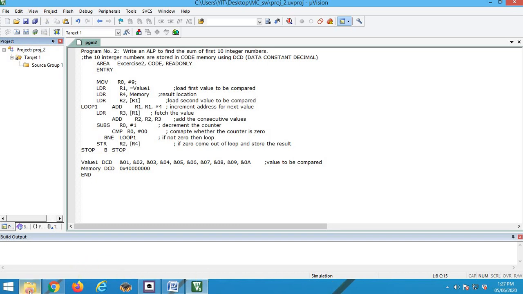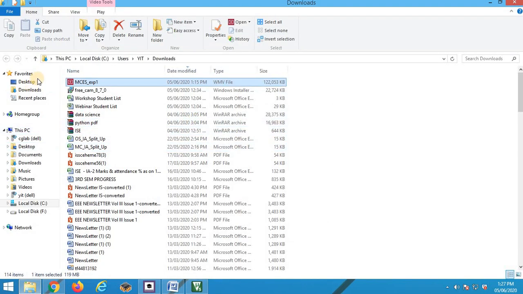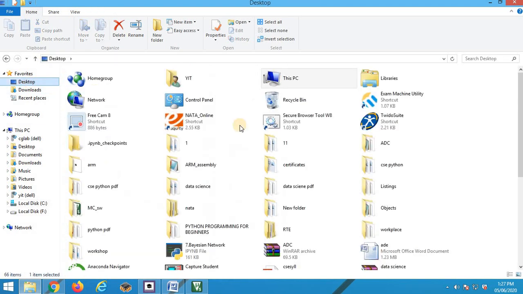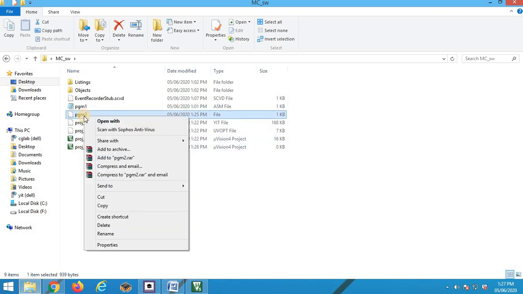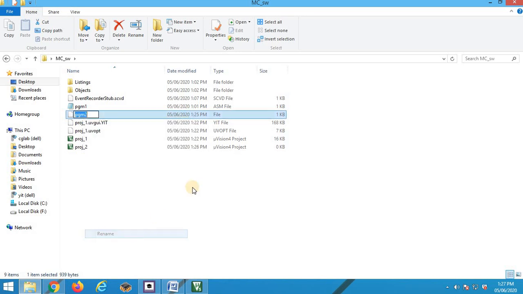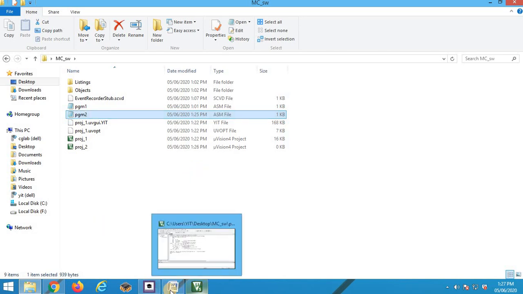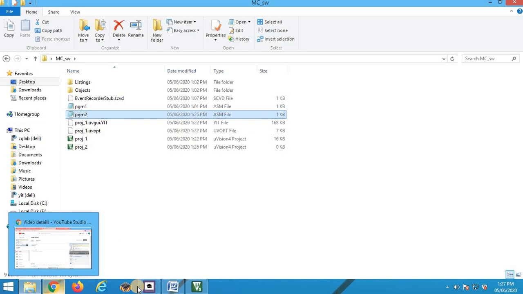So let me go to that folder, which is nothing but MC software. So here program 2, I am going to rename program 2 .asm. Okay, program 2.asm, the extension should be .asm.